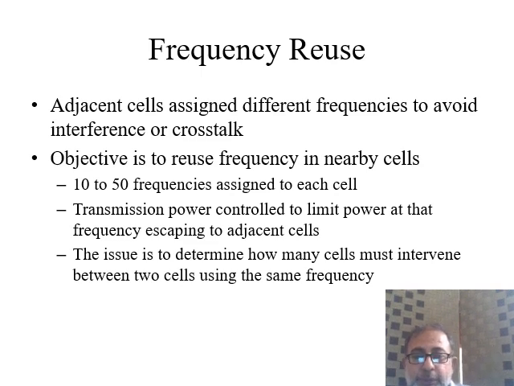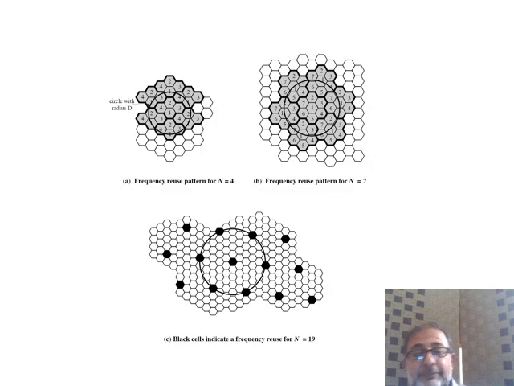Now the problem is to determine how many cells must intervene between the two cells using the same frequencies, which means how much distance in terms of cells should be introduced in between two cells which use the same frequency sets. Here we have three frequency reuse patterns with different reuse factors. If the reuse factor n is 4, then it also means that we have 4 sets of frequencies